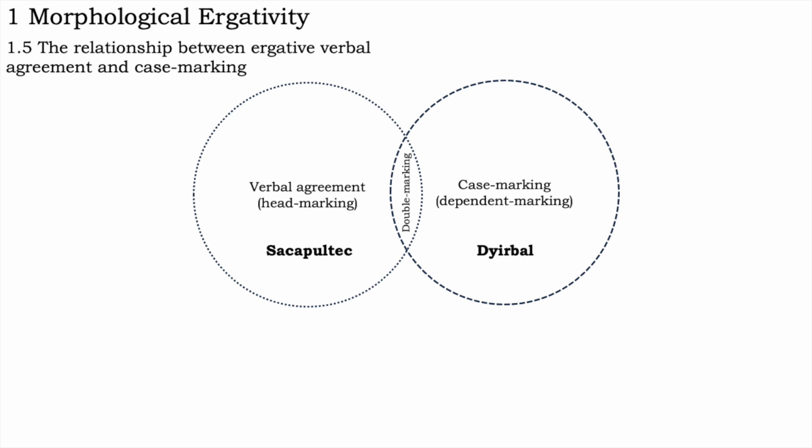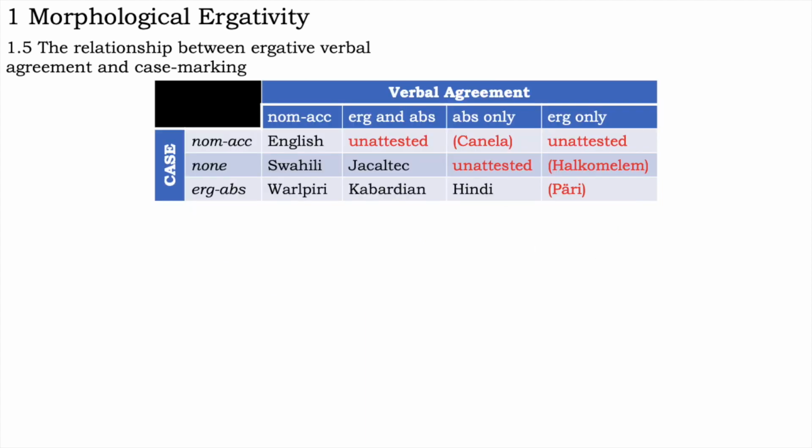However, the use of both is common enough that their co-occurrence should be discussed. The most surprising thing about double marking languages is that not all combinations are equally plausible. For instance, accusative agreement and ergative case marking is relatively common, whereas ergative agreement and accusative case marking is practically non-existent. The various cases can be summarized in a table,